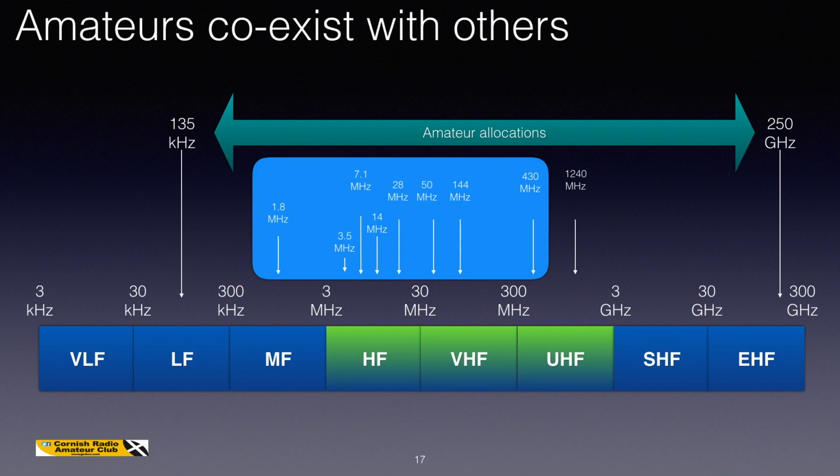And so HF, VHF, and UHF are the main bands for, if you like, your average Joe operator, and that's where you'll find most of the activity. Some intrepid amateurs also operate on frequencies above 1240 megahertz as well,